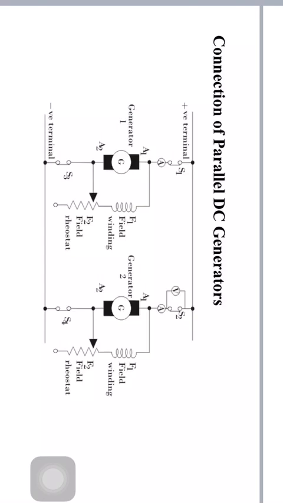Now the main switch S3 is closed, putting generator 2 in parallel with generator 1. Here we have to note that generator 2 is not supplying any load because its generated EMF is equal to the bus bar voltage, and the generator is said to be floating on the bus bars.